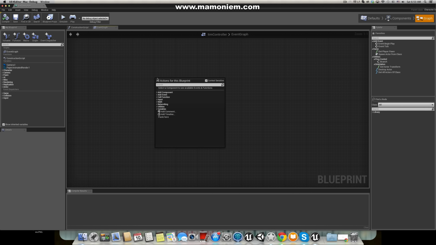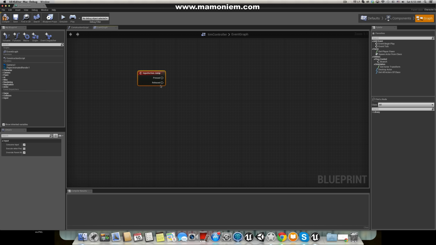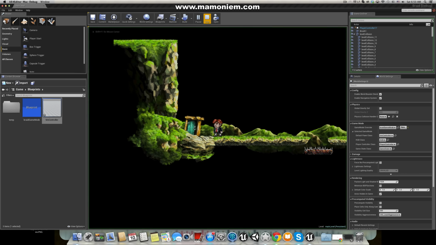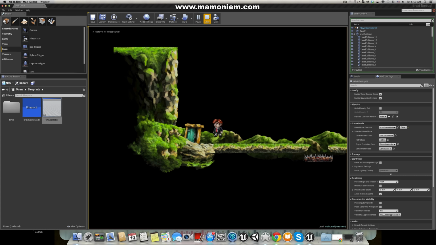So let's add the jumping first. It's something pretty simple. So we'll find here the action event called jump, on pressed and on released. So on pressed, this jump, we are going to say our character controller will be jumping. So we'll jump, and that's it. Yeah, that's it. Because we're using the character class, there's some stuff already made for us. So if we press space,